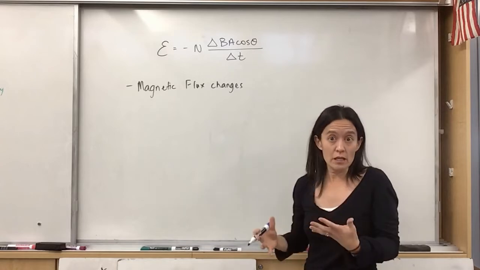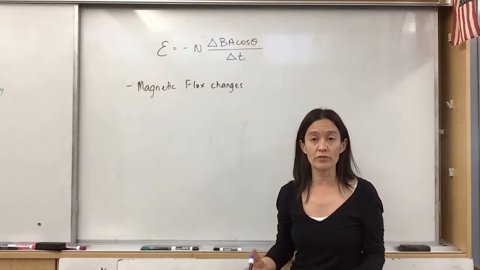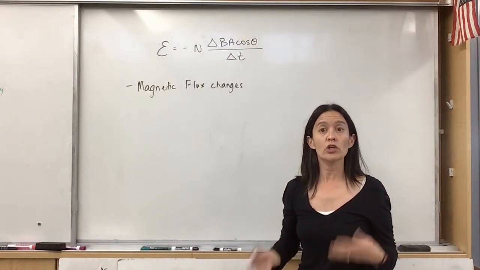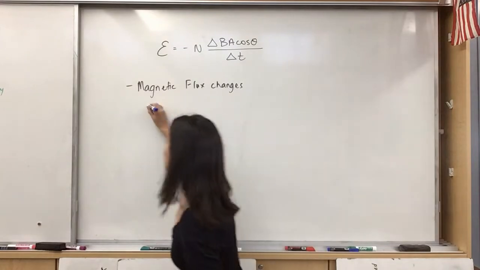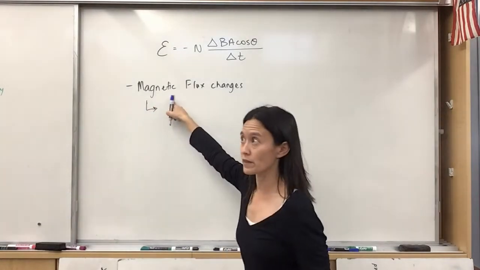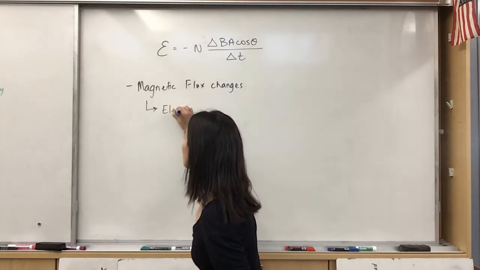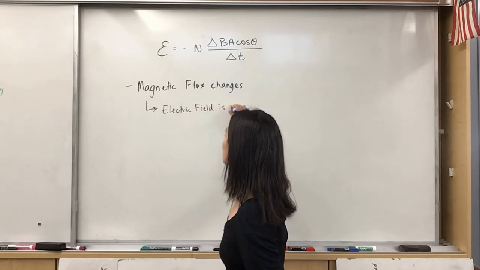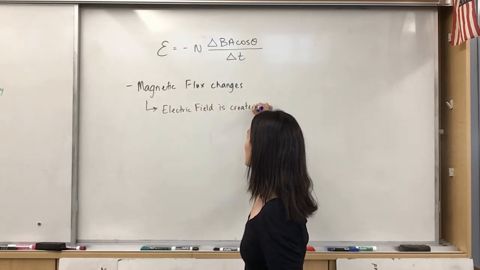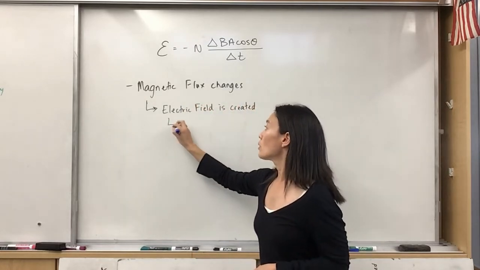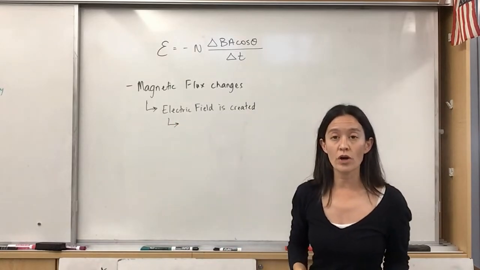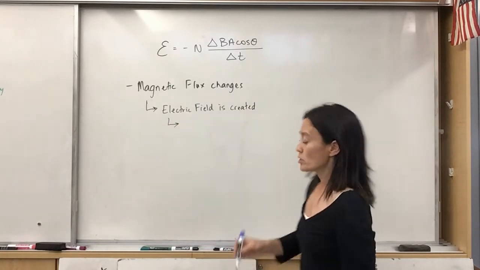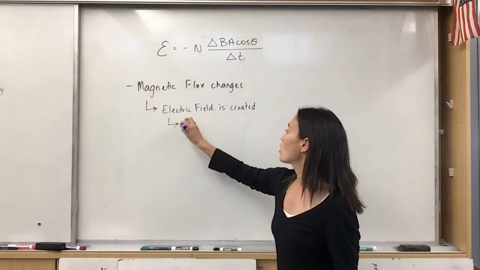And we said that if you have a changing magnetic flux or a changing magnetic field, you're going to create an electric field. So the next step, or the consequence of this, is that an electric field is created. And we know that electric fields cause electrons to move. So this is going to cause